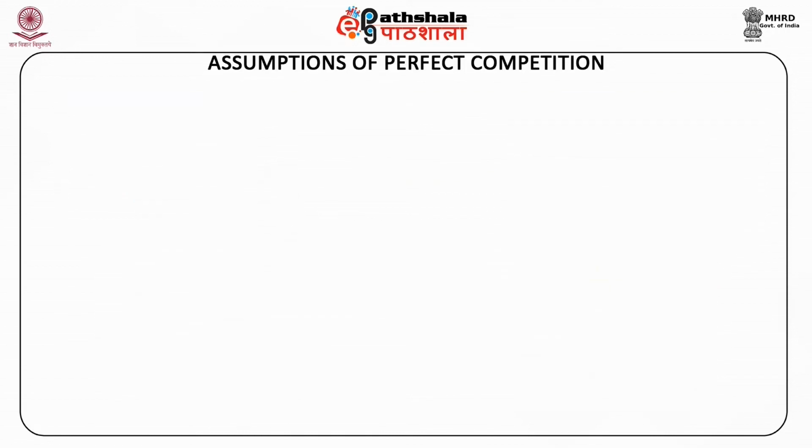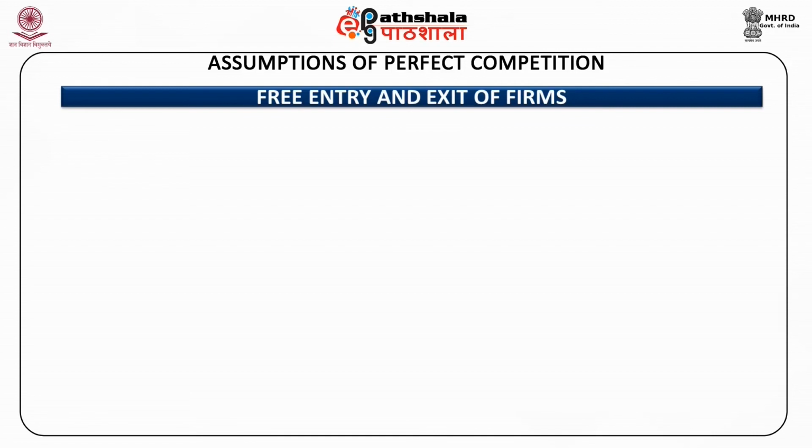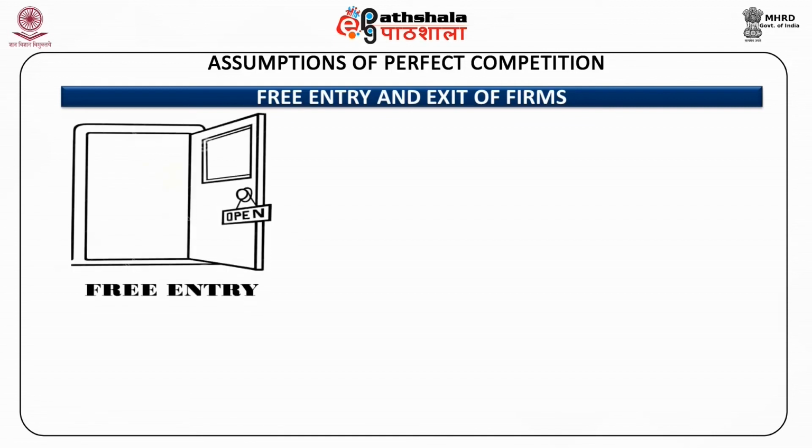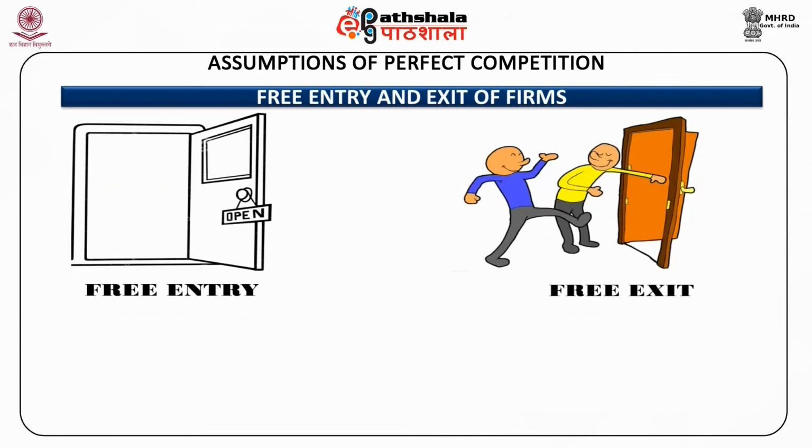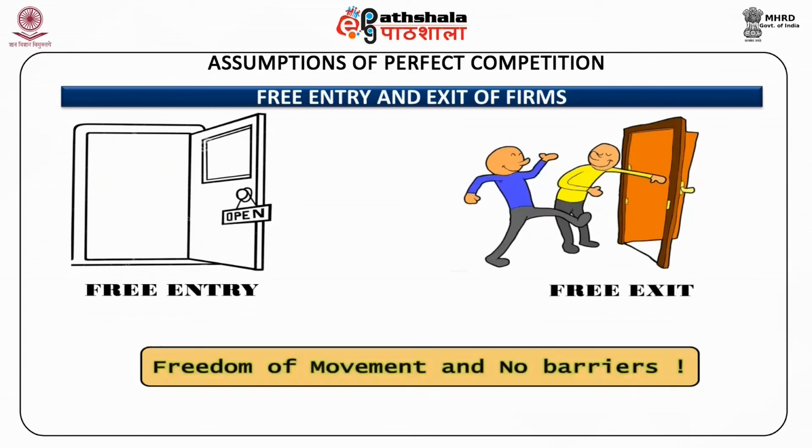There is no scope for a buyer to differentiate among these products. In a perfectly competitive market structure, there is a freedom of entry or exit of firms from the industry. Entry or exit may take time, but firms have the freedom of movement in and out of the industry. If barriers exist, the number of firms in the industry may be reduced so that each one of them may acquire power to affect the price and output in the market.